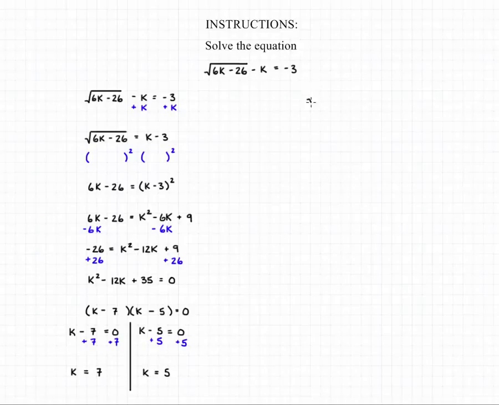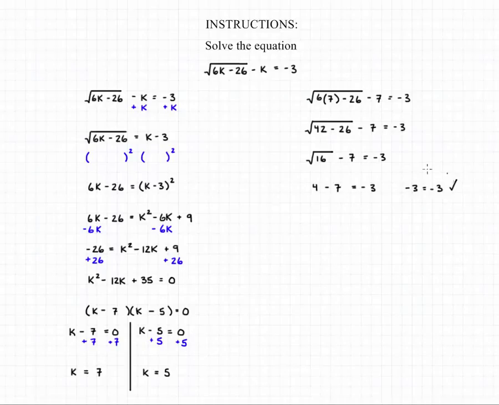Now we need to check both of these solutions to make sure that they're both valid by plugging the values back into the original equation. So we're going to have the square root of 6 times 7 minus 26 minus 7 is equal to negative 3, which will be 42 minus 26 all under a square root minus 7 is equal to negative 3. The square root of 16 minus 7 is equal to negative 3, and then 4 minus 7 is equal to negative 3, which of course simplifies to negative 3 equals negative 3,